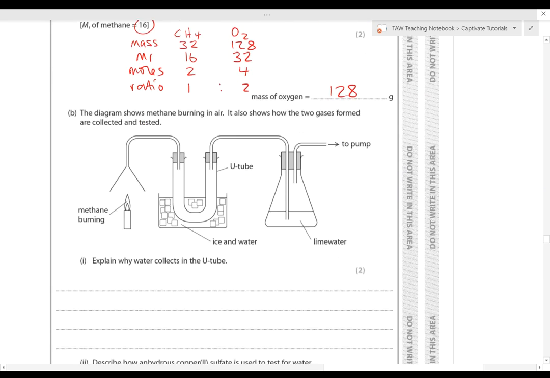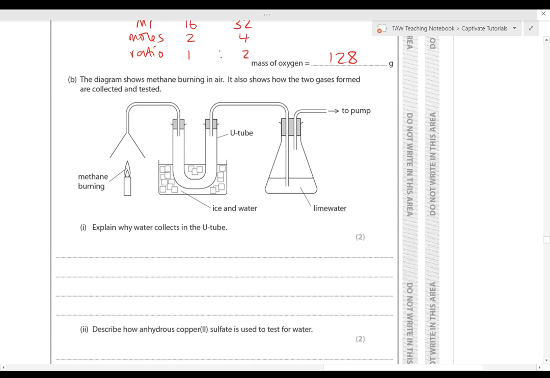Moving on to B, so we've got this apparatus. To start with, focusing on this area, it wants us to explain why some water collects in the U-tube. So in this area here, we can see we've got this U-tube sunk in a bucket of ice. So the water, which forms when methane burns, will travel through here as a gas or a vapor, and it will cool down and condense